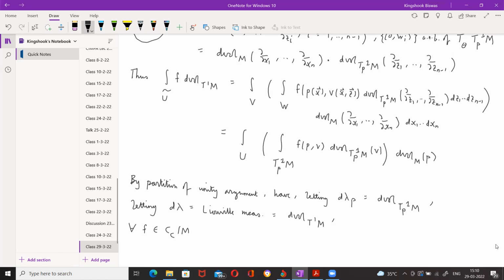M may be non-compact, so then I just take functions with compact support so that the integral converges. So sorry, for all f in C_c of T1M,